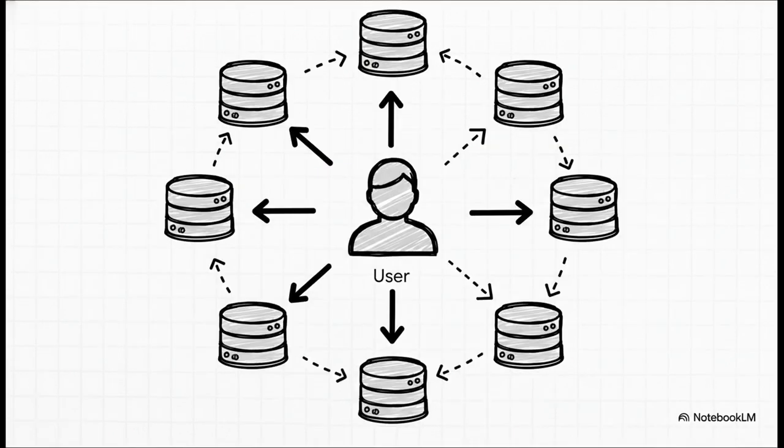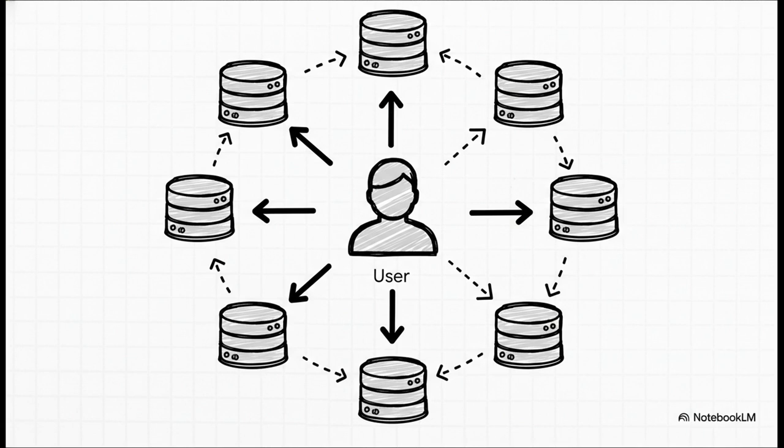And VidStr has a really smart way of handling this. When you upload something, it doesn't just send it to one place. It blasts it out to all the relays you've configured all at once. Maximum spread. Then, when you're looking for videos, it asks all those relays for new stuff in parallel.